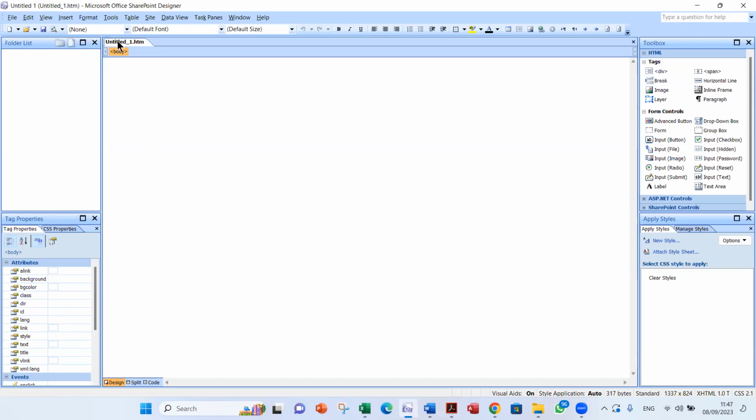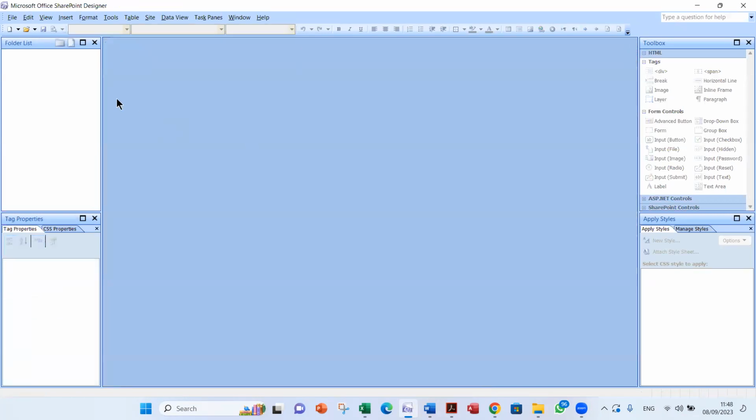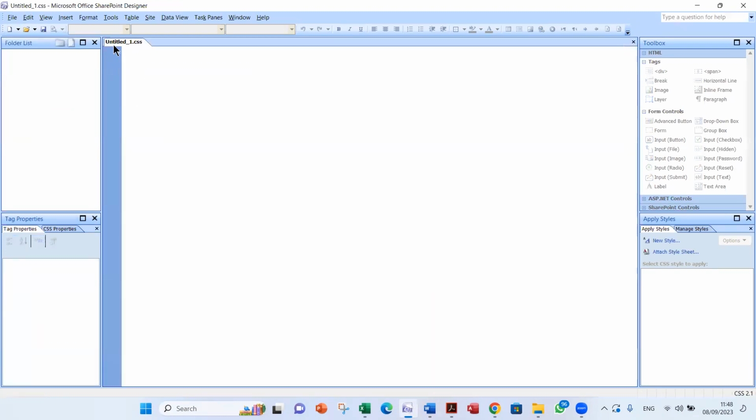In any way, I am not satisfied with that untitled one.html. I would like to have a file.css. So click on that X to get rid of that file. And click on the arrow beside that blank new file and choose a CSS. Okay, now I have a file.css with no code in it because the exam is asking me no HTML code in the CSS. It is now empty. And it is already .css.